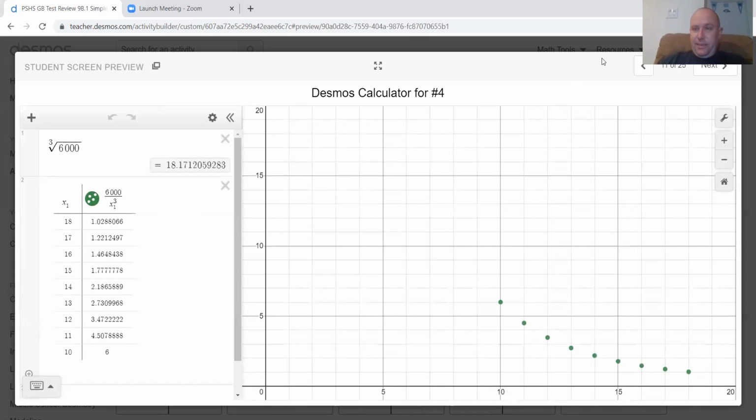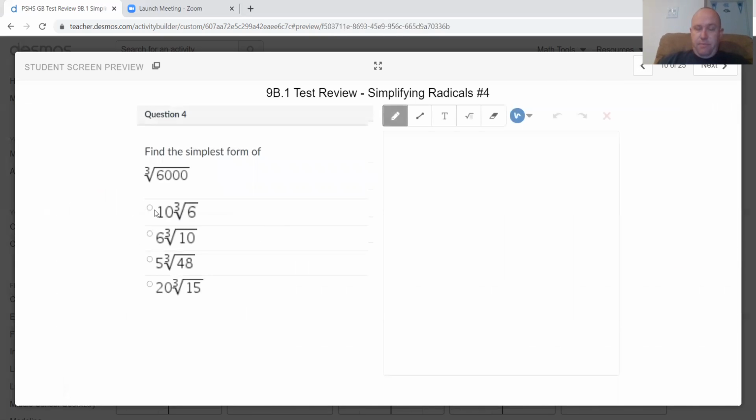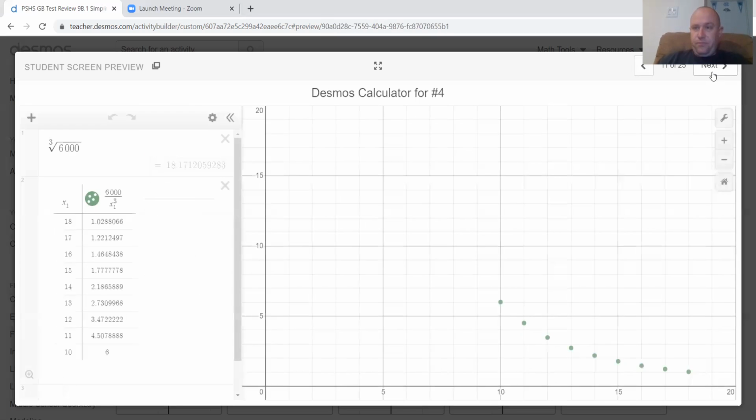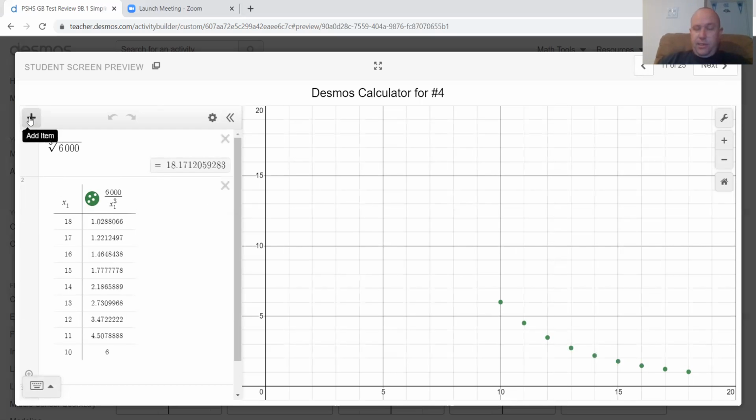So I got 10 and 6 here. So I can pick this choice straight away here. It's going to be answer choice A for this question. Just a reminder, if you need help on creating this table, go back to the original videos for 9B.1, and they'll show you there exactly how you create this table if you're not sure. But certainly you're going to click on plus, and then you click table, and you just need to change this